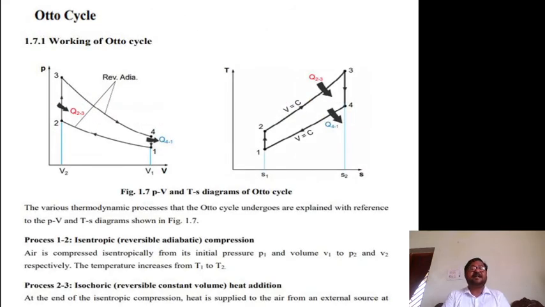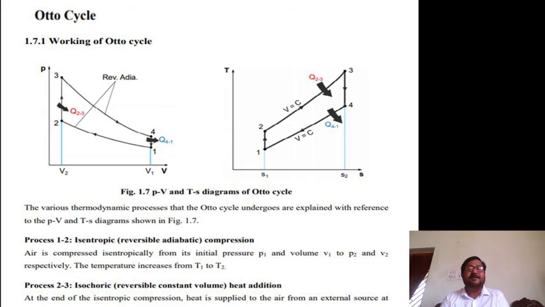Next, a very important cycle, the Otto cycle. The Otto cycle is used for spark ignition engines. Usually petrol engines work on the principle of the Otto cycle. This Otto cycle comprises 4 processes. Here also, for the analysis purpose, we need the line diagrams, that is the pressure versus volume diagram and the temperature versus entropy diagram. Here, the pressure versus volume diagram contains one cycle, the Otto cycle, in which there are four processes.